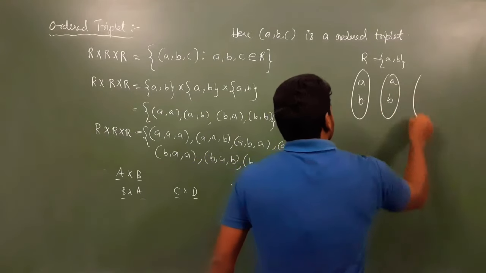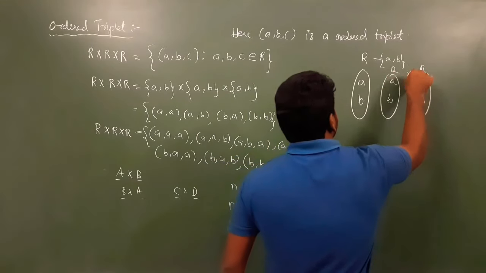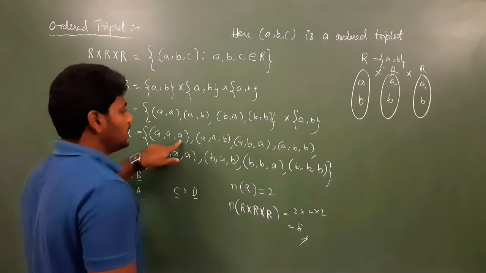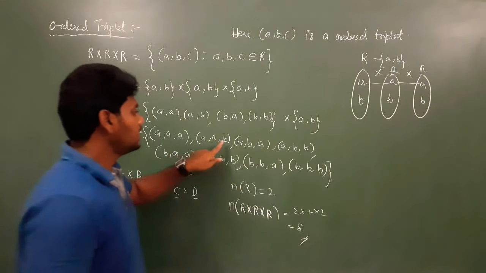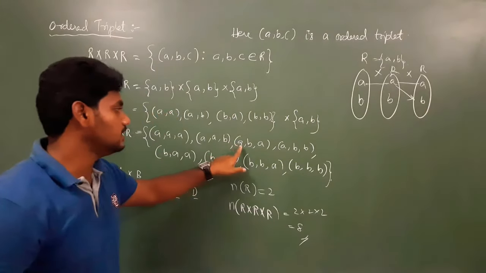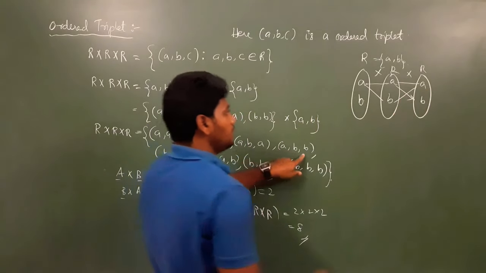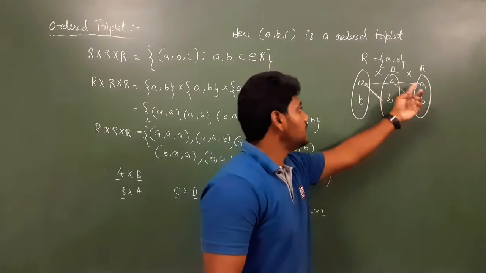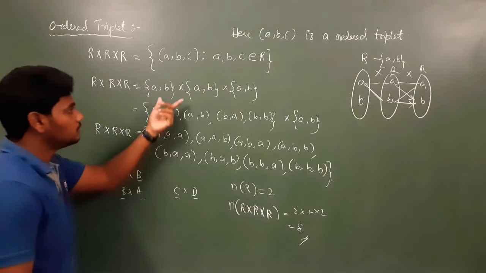So this is A comma B and this is A comma B. So this is R cross R. Directly also you can do. What is directly? See, A, A, A. Next, A, B, A and B. Right? Very simple. Next one. A, B, A. Next, A, B. And again with B also. B, A, B, B. Directly also you can write without doing this step.